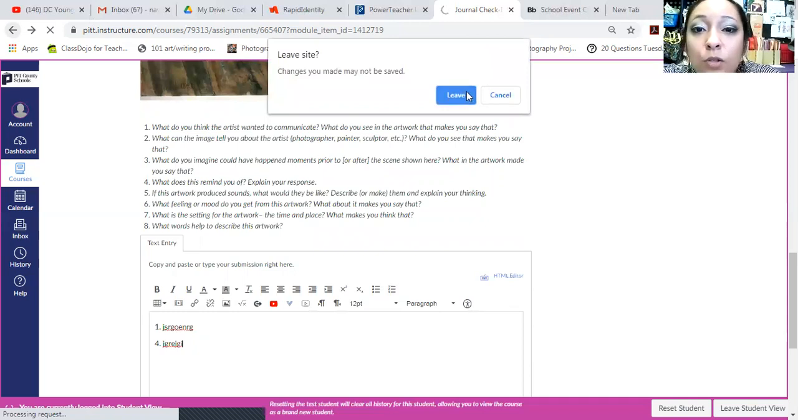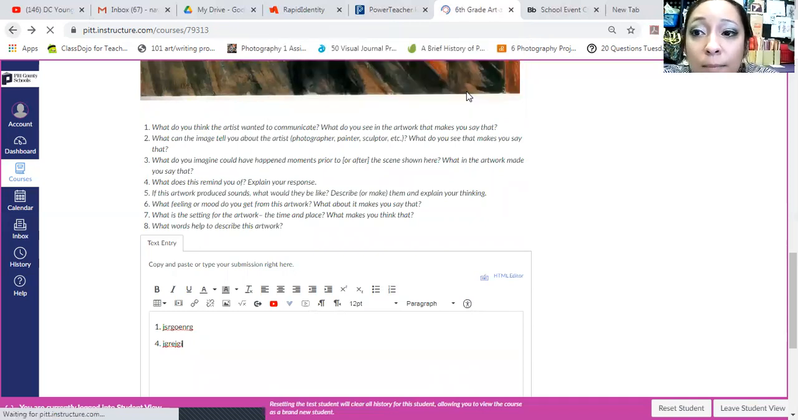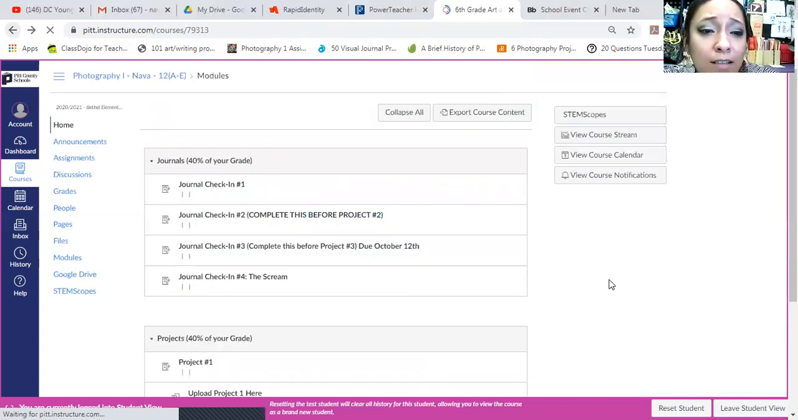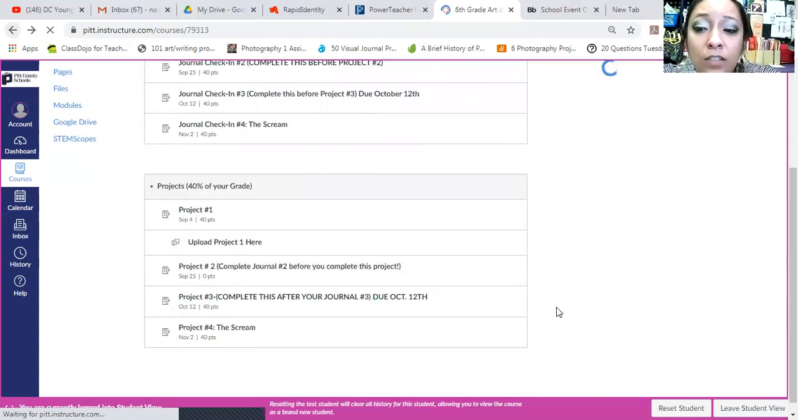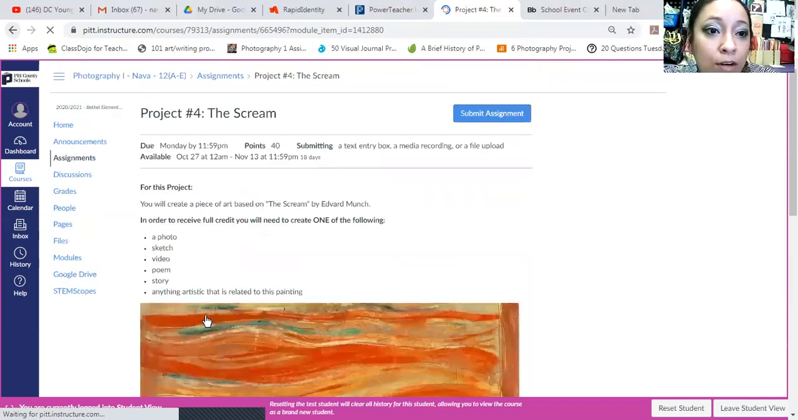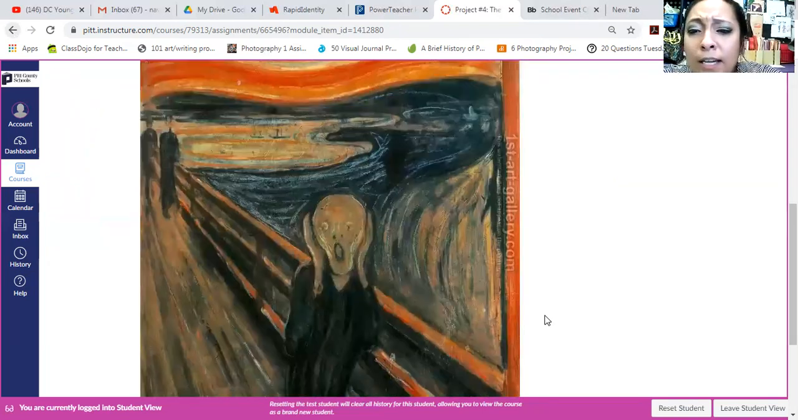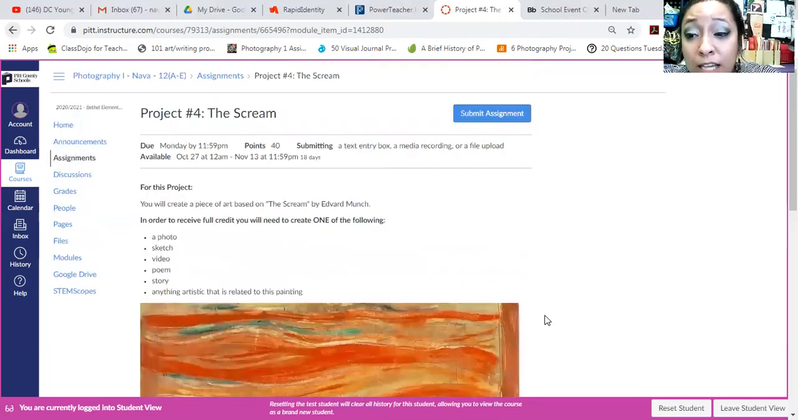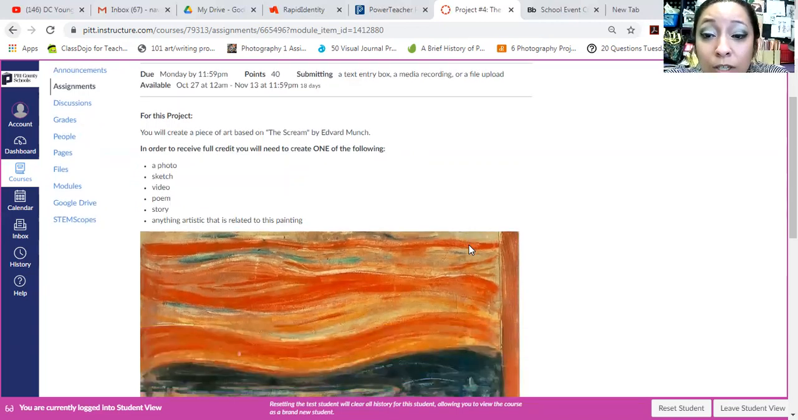It's super easy as well, I promise you guys. Basically, as long as you are submitting something artistic about the Scream piece of artwork, you'll get full credit. This is based off of you. So for example, it says for this project you will create a piece of art based on The Scream by Edvard Munch. In order to receive full credit, you will need to create